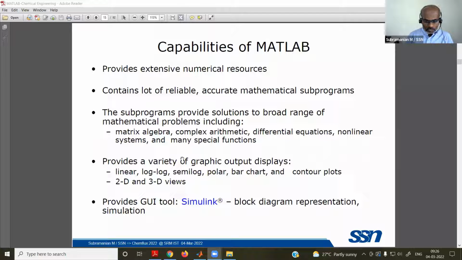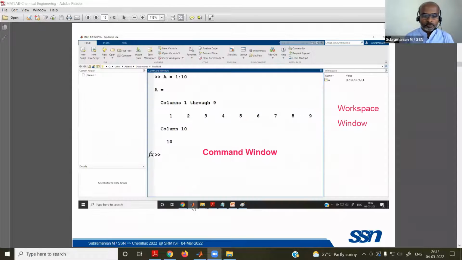In the terminal itself, we write code, or have a set of lines and call them in the terminal. It also has a graphical user interface called Simulink, which is very good for solving using a block diagram representation. Normally for process control, Simulink is very convenient. Of course, this is also a part of MATLAB. Simulink is not separate software; it is a part of MATLAB and runs over and above MATLAB.